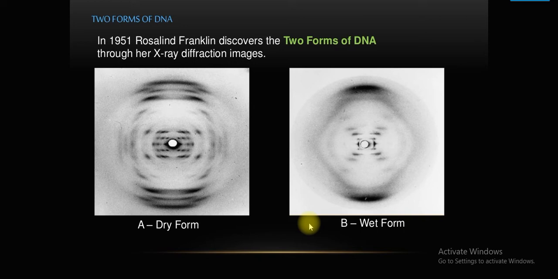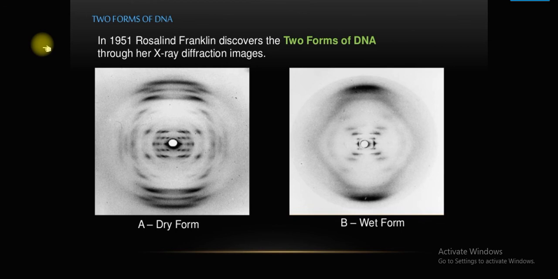DNA, discovered by Rosalind Franklin through her X-ray diffraction image, as you can see in this given diagram. Rosalind Franklin's work used X-ray crystallography, and she also used X-ray diffraction techniques. Her famous image of DNA, called Photo 51, was made using an X-ray technique that did not require the sample to be in crystal form. She used this method since DNA, like some other big molecules, does not form crystals. Instead, DNA prefers to form organized fibers.